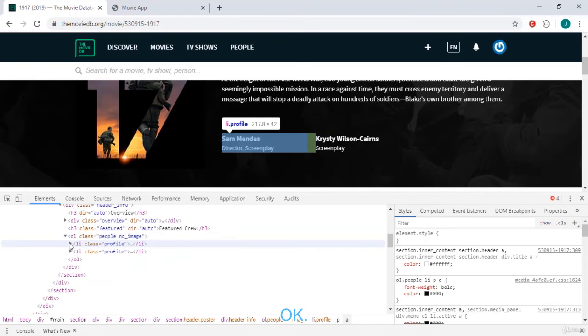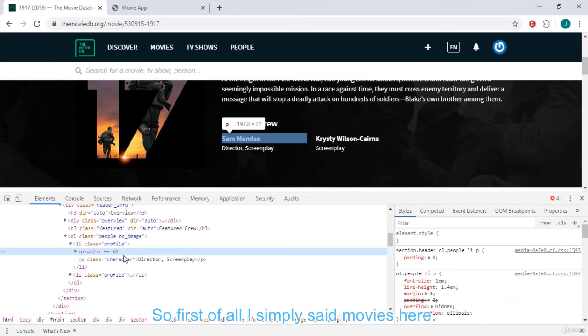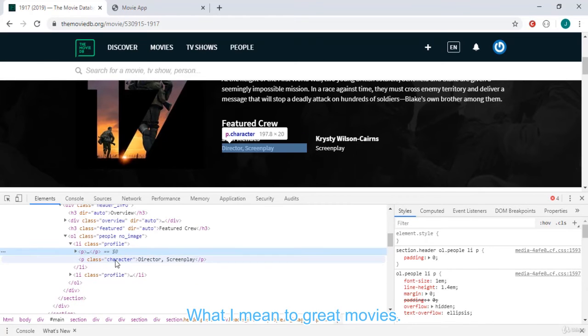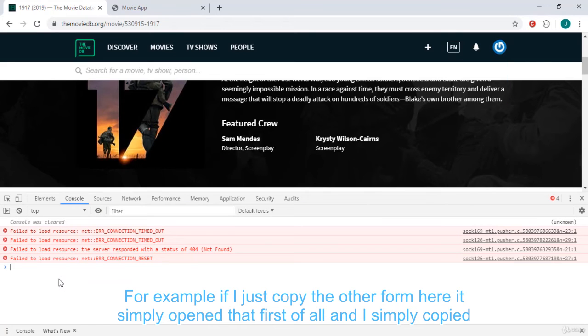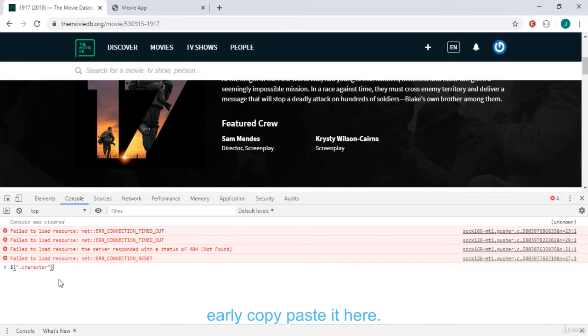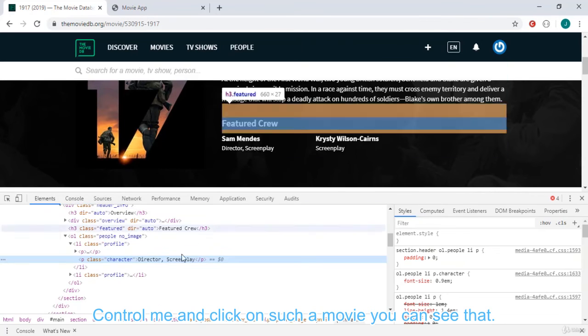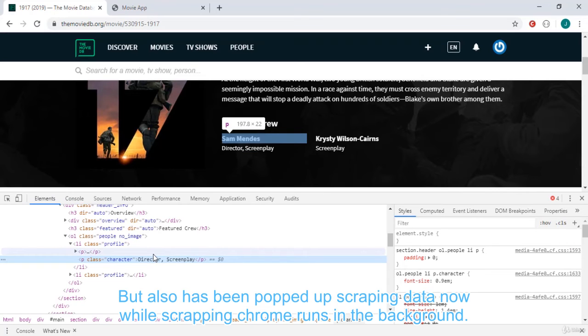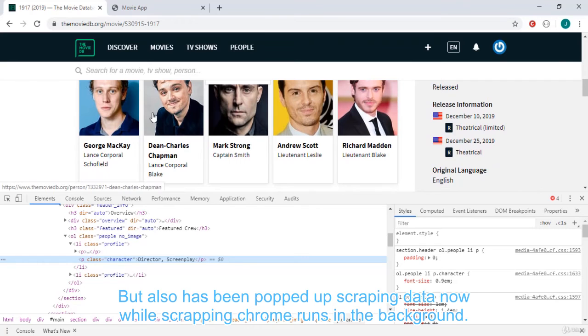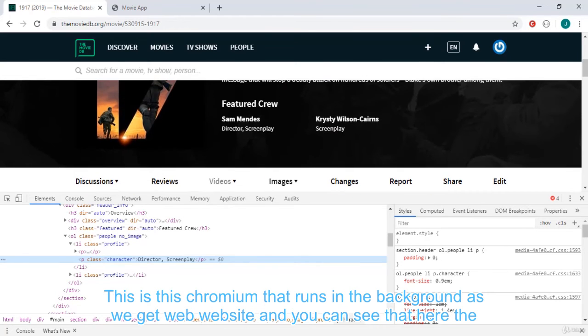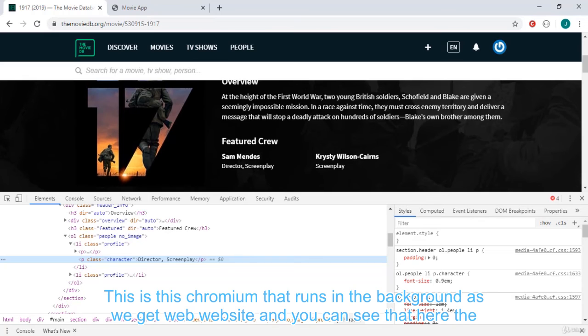Okay, if I just scrape it with character, Control C from here, and go here and type dot character and press here dot txt, you can see that I get a lot of content from here. I get all the results, but I want to get only this result here. Okay, the reason is that the character tag is used everywhere for these people also. So for that we have to be very specific. So to do that, I simply